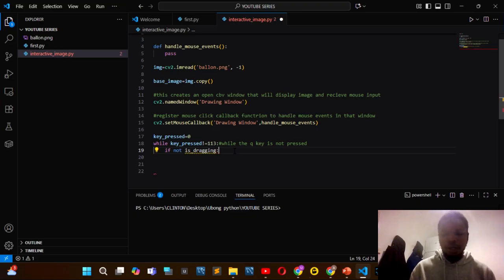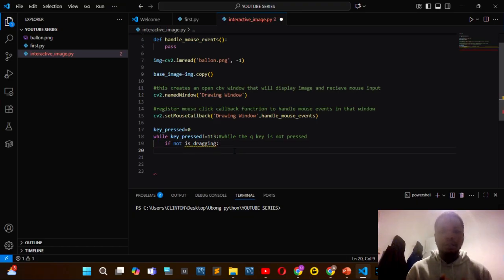Remember, this is just a skeletal design. If no rectangle is being drawn, that's if you are just moving your mouse,